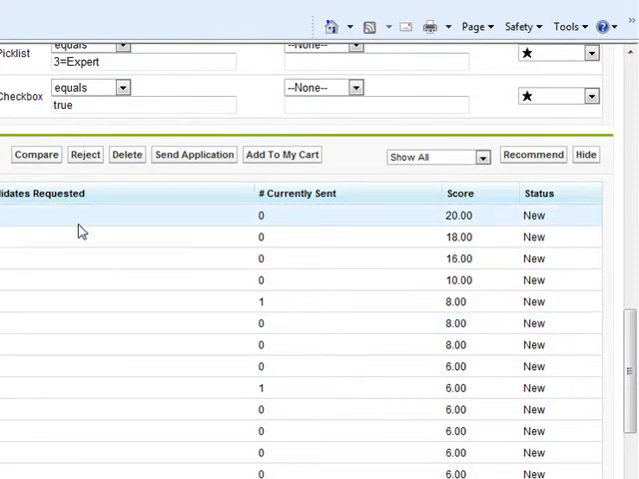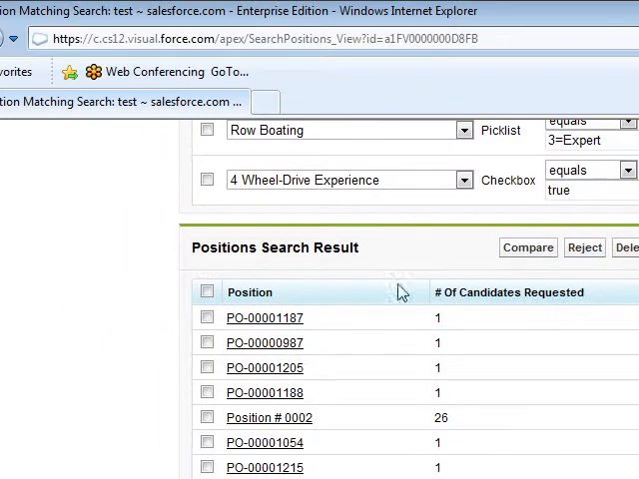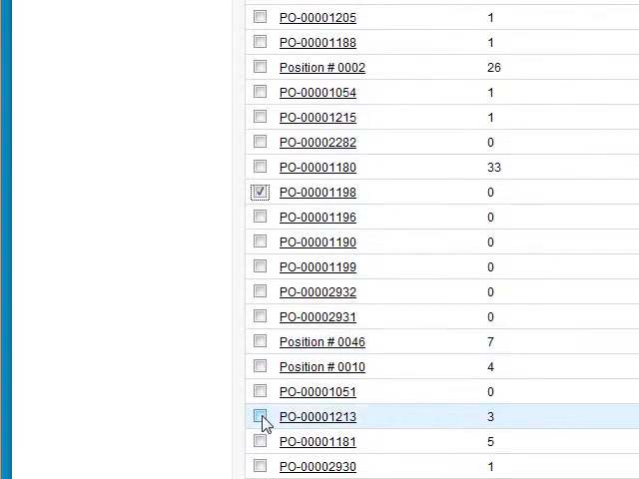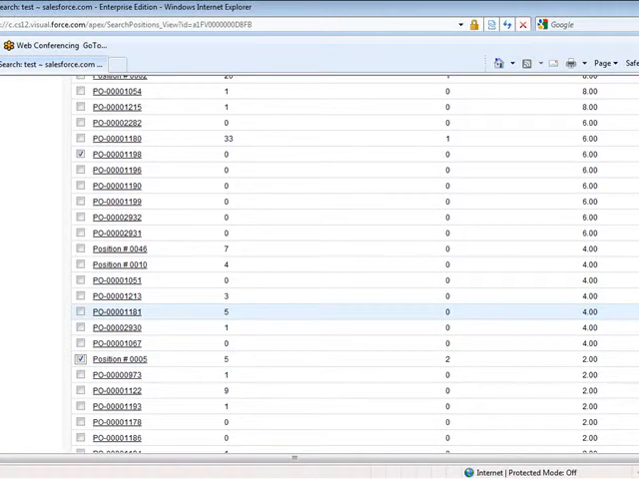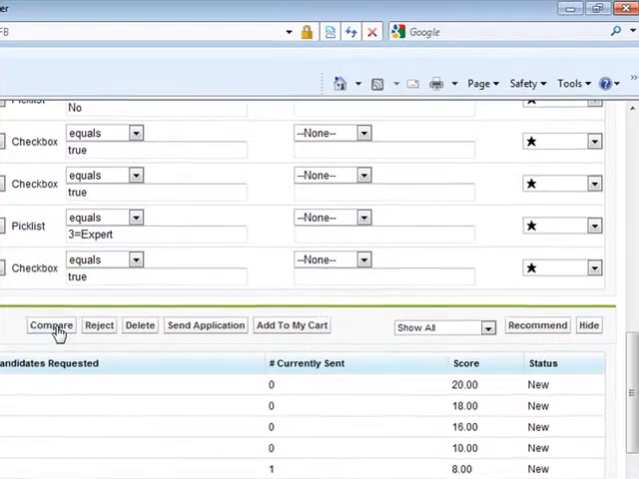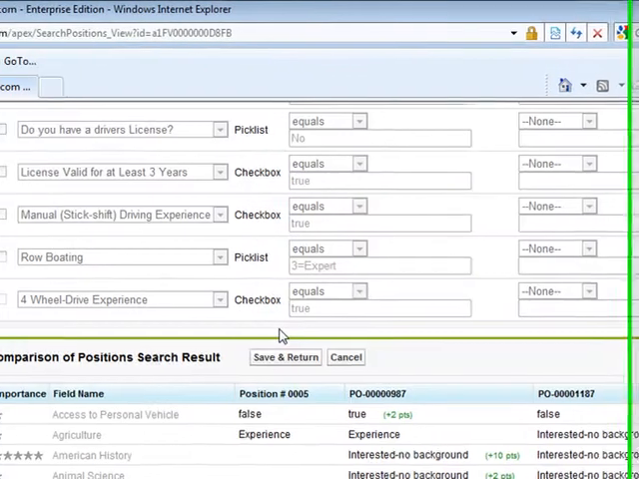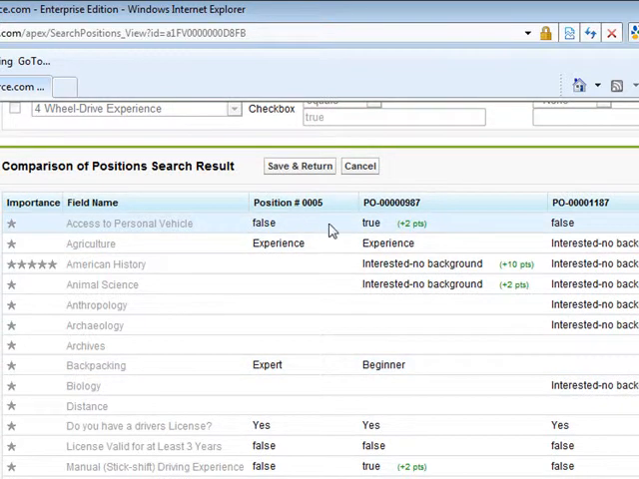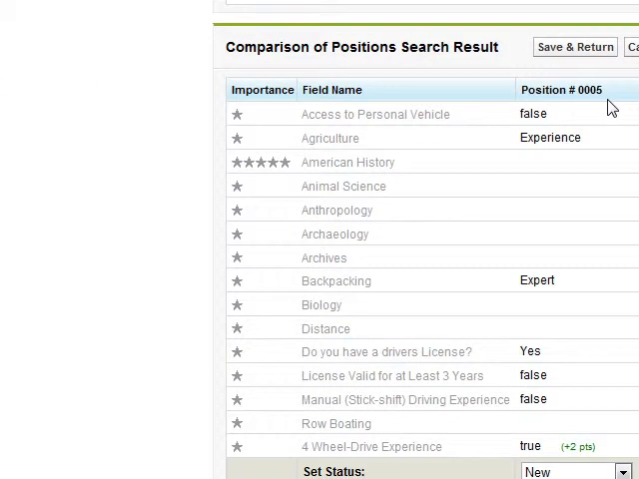In addition, we can learn a little bit more about these particular positions by clicking on the radio box to the left of the position and picking a variety of positions here with a couple of different scores. So some high scoring positions and some low scoring positions. And we'll go to the compare feature. And we can see all of the search fields and how each of these positions relates to that search field. So position number 5